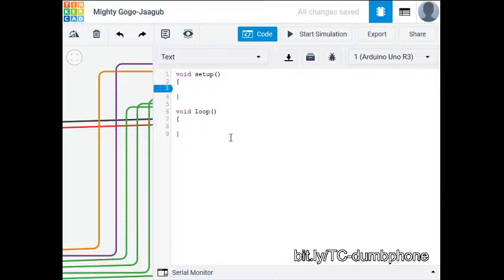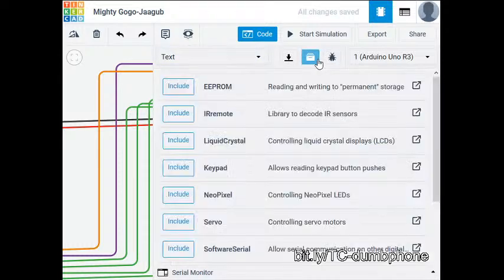And the first thing we need to do is tell the Arduino that we're going to use an LCD and we're going to use a keypad. To do that, if you look along the top, you can find 3 buttons. We've got what looks like a download arrow, what looks like a folder, and what looks like a beetle. We want the folder option, which is the libraries. That's the middle button. And it gives us all the libraries that we can import into Arduino to give it